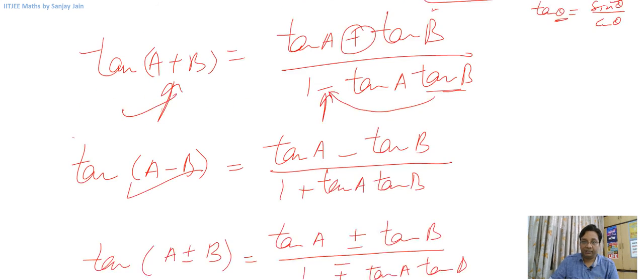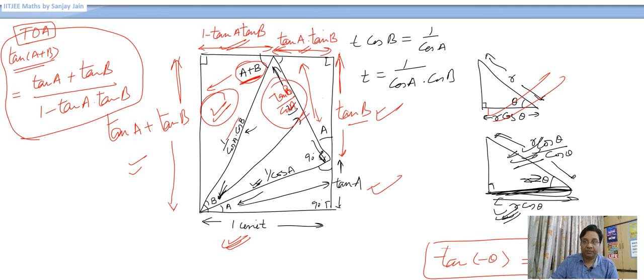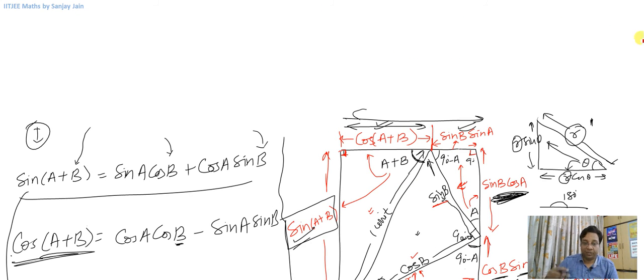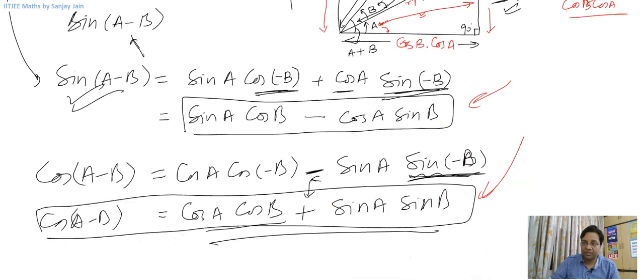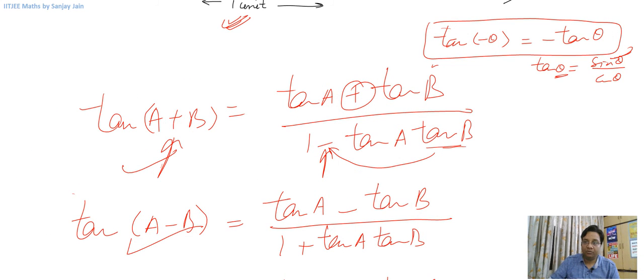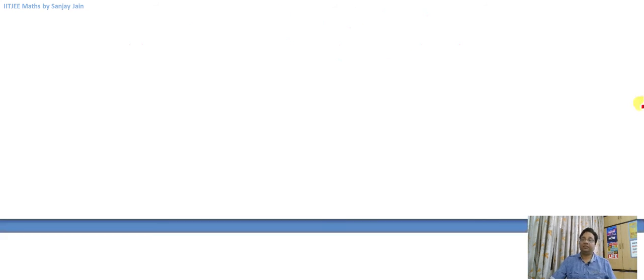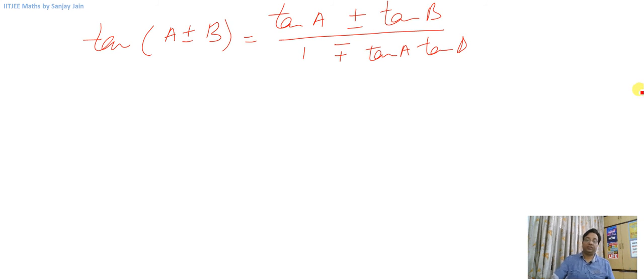You can write these formulas at one place and then try and memorize these, because these have to be memorized. You have to be very quick in producing these formulas as and when they are required. So you cannot derive these formulas as and when they are required. You have to memorize these. There are other ways also of proving these, as is given in your NCERT book. That is also a pretty good way to prove it, and this is something that we have been talking about in the previous lectures, about that circle, right?